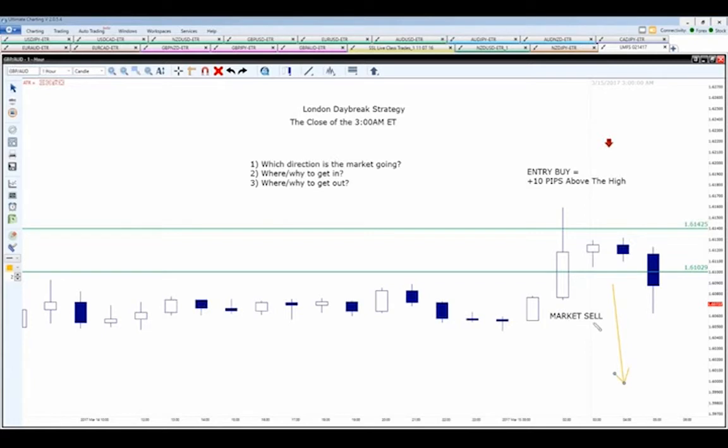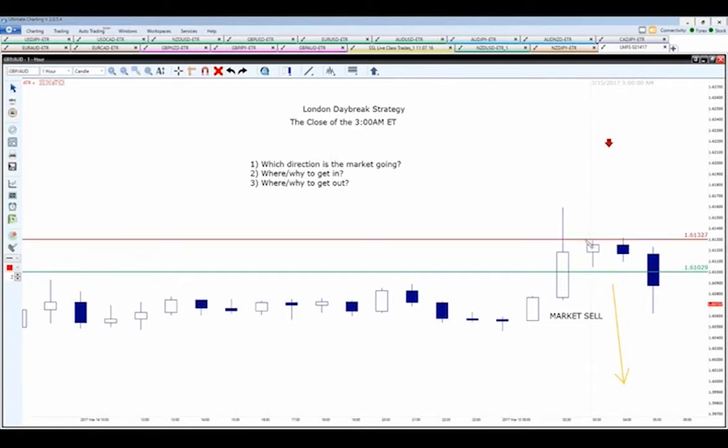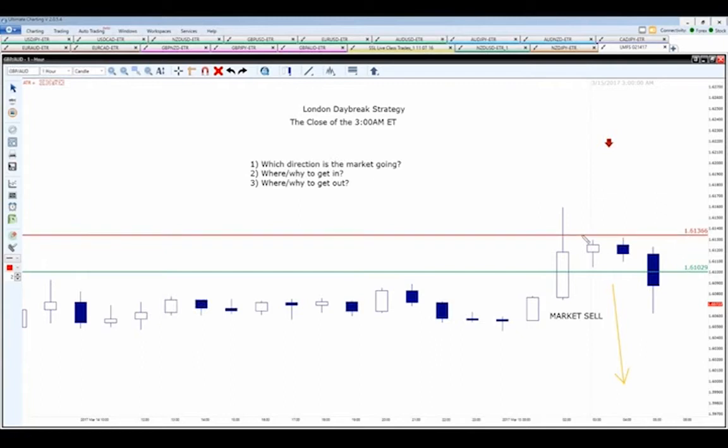So we're now in that market sell. The first order of business is to come in here and cancel this opposite order because we're not looking to buy the market, we're looking to sell. So we're going to cancel that entry buy. Now the next order of business is to set a stop loss. We have to protect ourselves so that if the market goes against us, we are not going to take huge losses. So our stop loss, if you're taking notes, is going to go 5 pips above the high of that 3 a.m. candle. So 61.32,